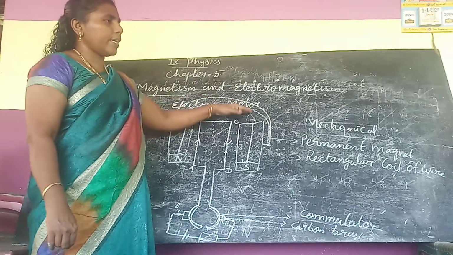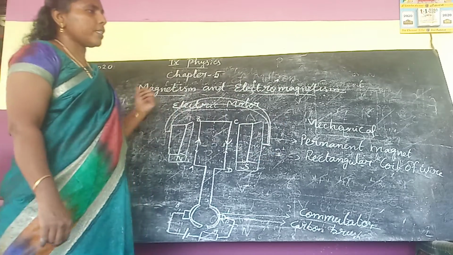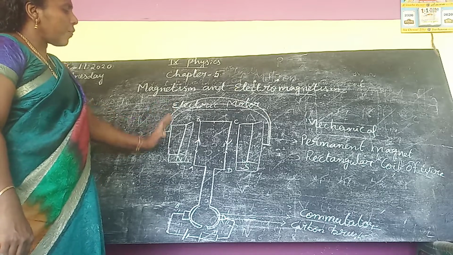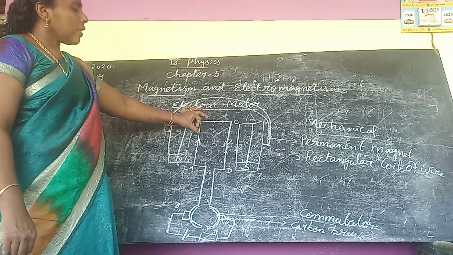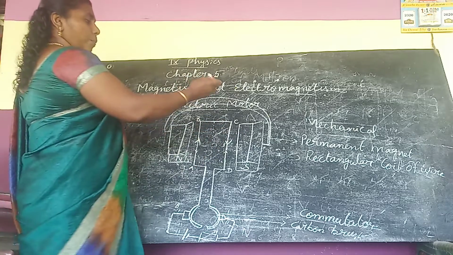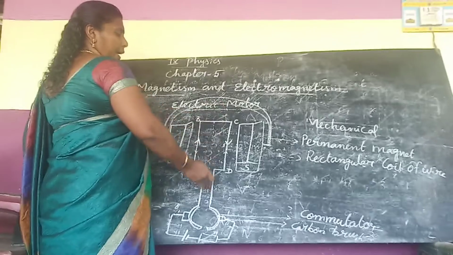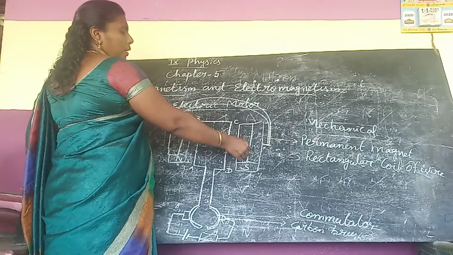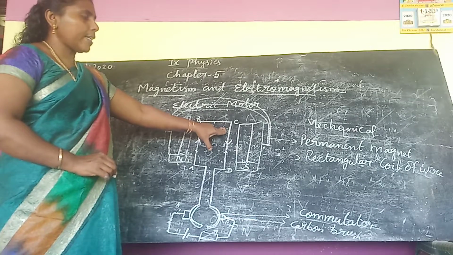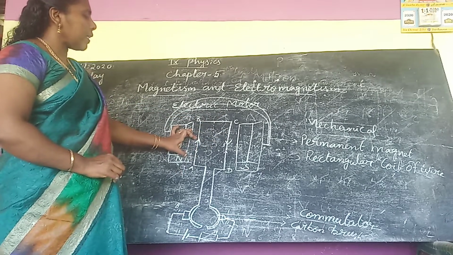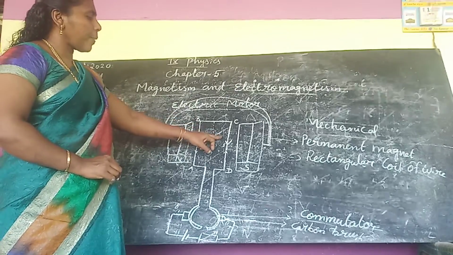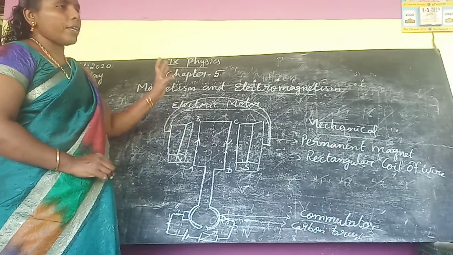First, you have to draw the diagram and mark the parts, then write the construction and working. See here, when the current flows through the conductor normal to the magnetic field, normal means perpendicular to the magnetic field. The current always flows in this direction and the magnetic field is perpendicular to this current. Then, because of the force on the conductor, what happened? This rectangular coil of wire